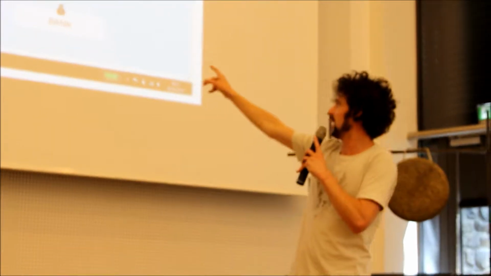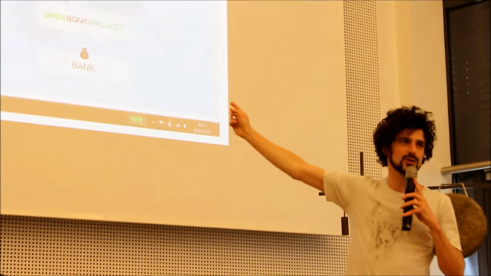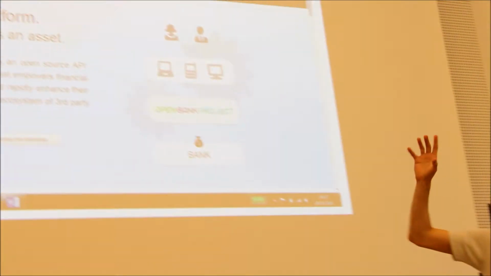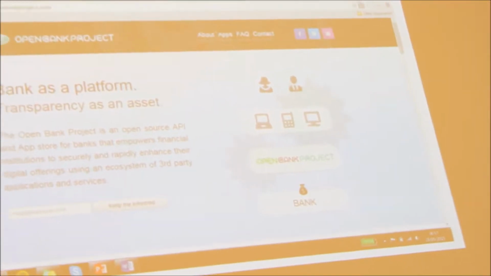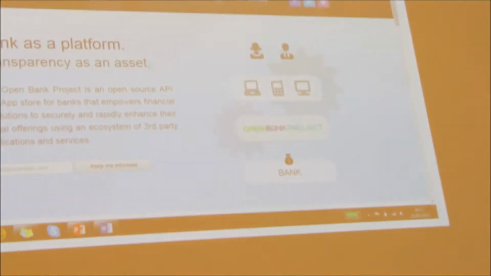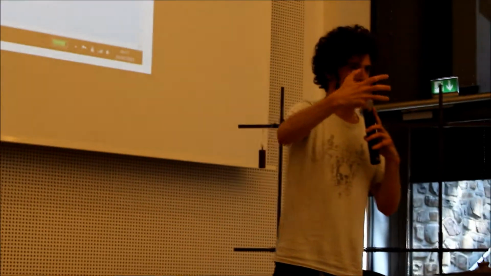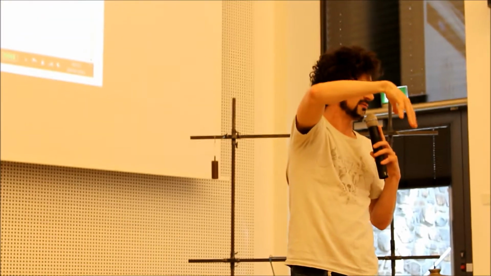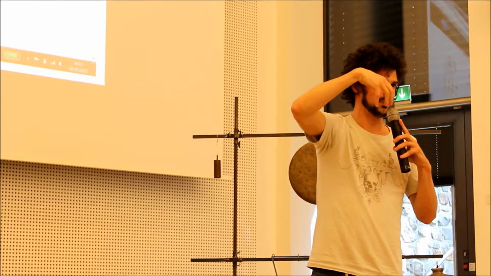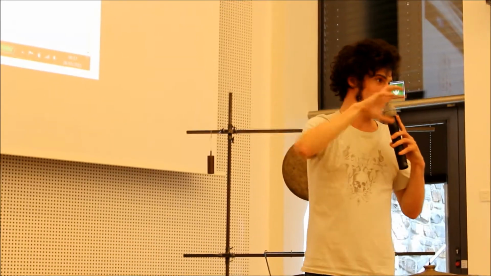And the key thing to make this work is what they call bank APIs. Application Programming Interface is the long word for it. But basically it means, right now with banks, I'm not able to pull data out of those private database systems. I can interact with it, but I can't change stuff directly. With APIs, you're able to have third parties build on top of the bank's infrastructure and actually be an intermediary in changing some of the stuff that's going on.